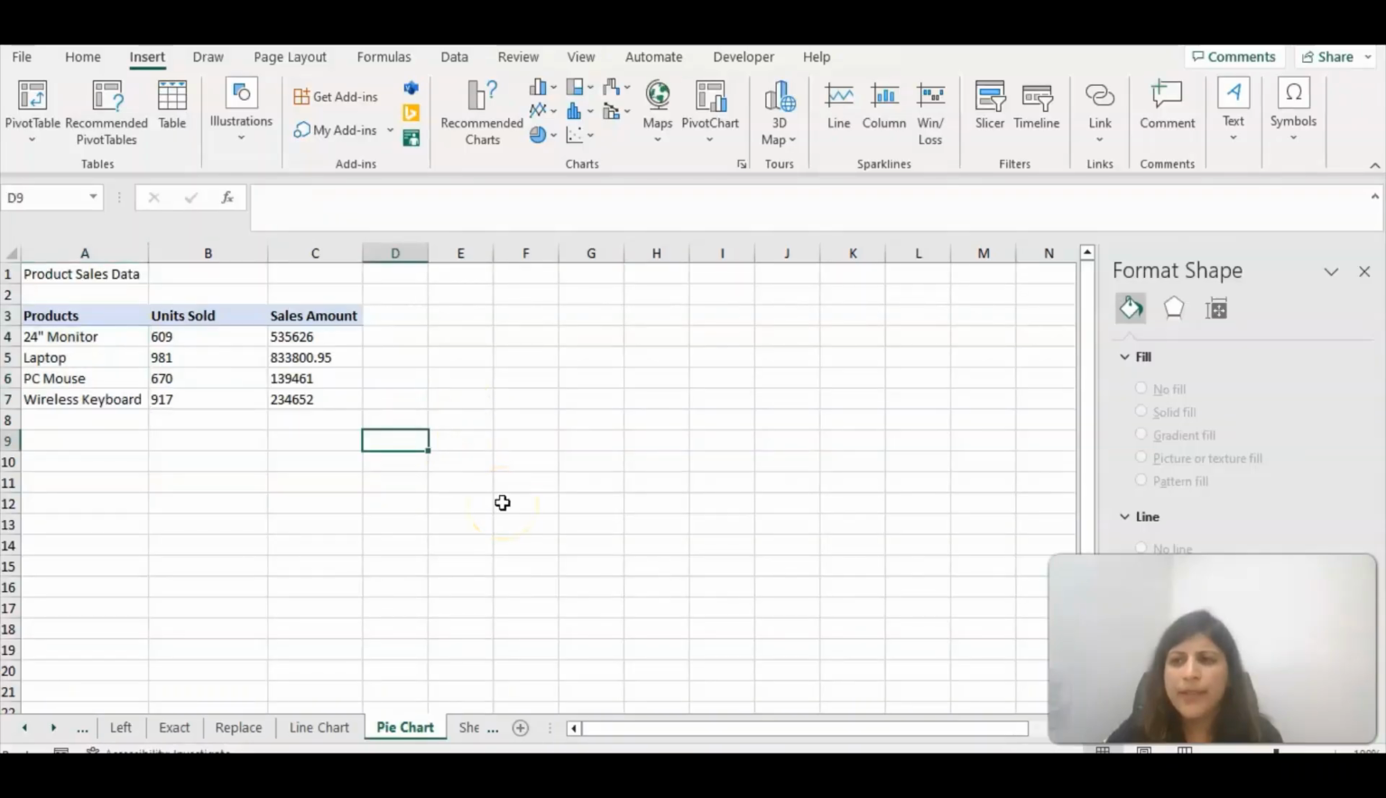The table contains product sales data. It has columns: products, units sold, and sales amount. In products, you can see there are 4 different products: monitor, laptop, mouse, and keyboard. The table represents the number of units sold and sales amount for all these 4 products. Let's create a pie chart to see the sales amount